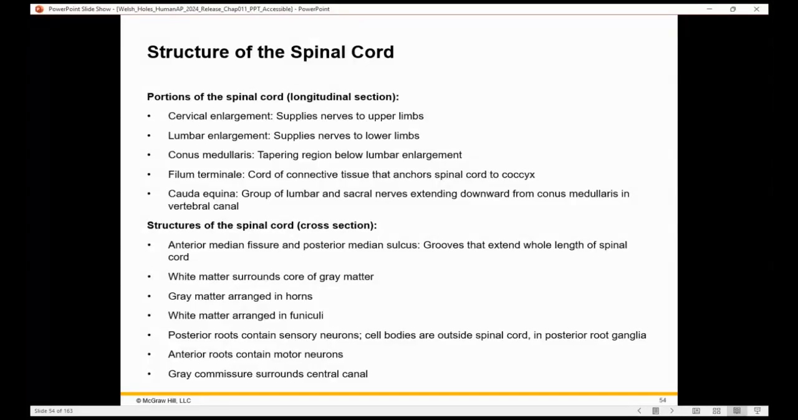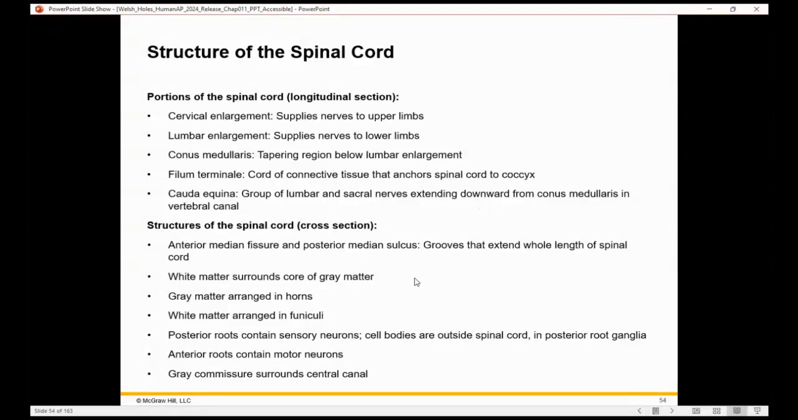Okay, portions of the spinal cord in the longitudinal section include the cervical enlargement, which supplies nerves to the upper limbs; the lumbar enlargement, which supplies nerves to the lower limbs; the conus medullaris, which is a tapering region below the lumbar enlargement; the filum terminale, which is a cord of connective tissue that anchors the spinal cord to the coccyx; and the cauda equina, which is a group of lumbar and sacral nerves that extend downward from the conus medullaris